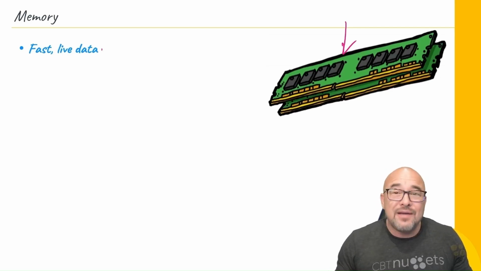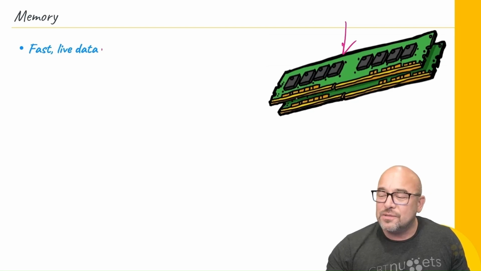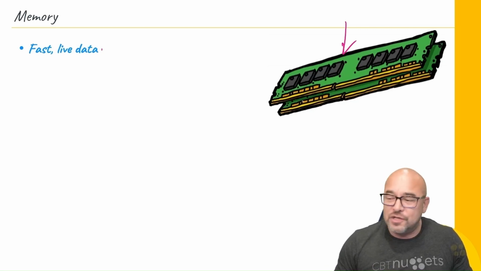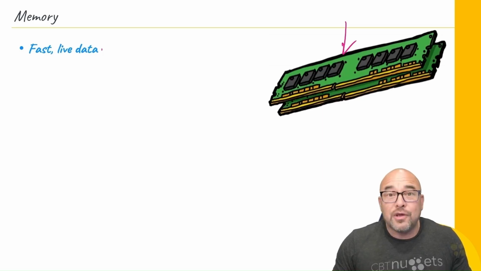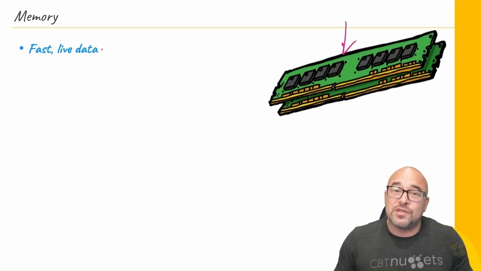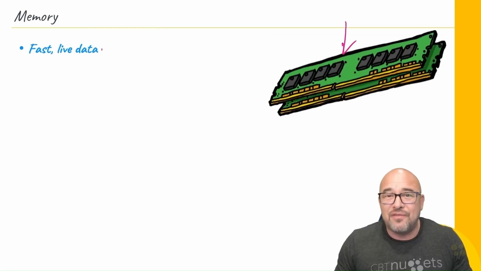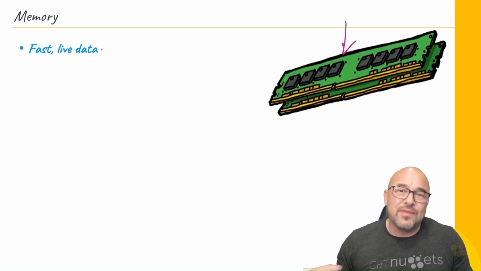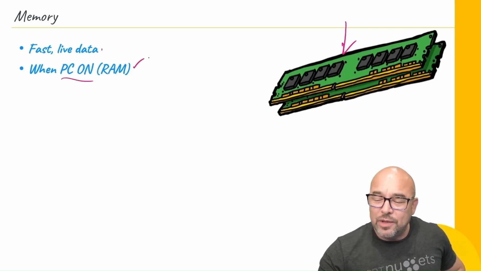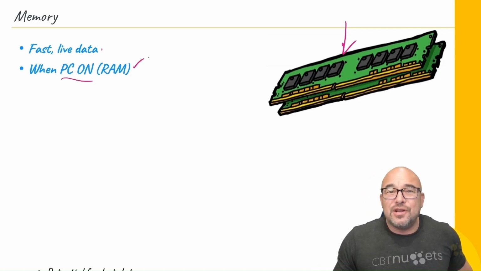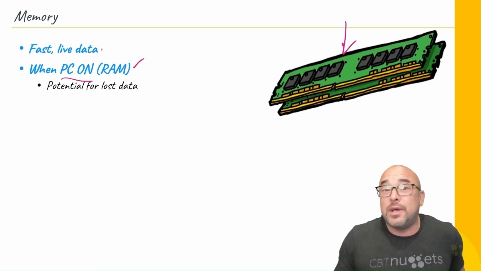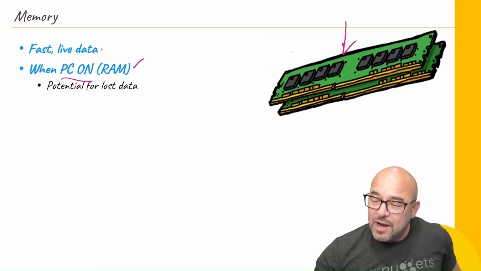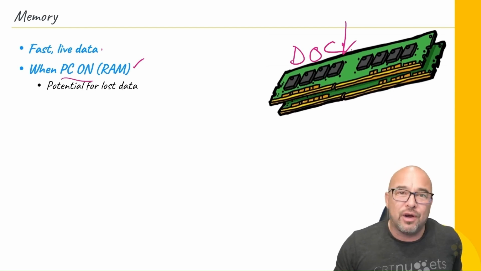And so that's live data. What I mean by that is that it's only available in these memory modules. That's what we call these memory modules, while the computer power is turned on. Whereas, of course, if I have a hard drive or a solid-state disk drive, when the power is off on that computer or laptop or whatever it is, then, of course, that data still remains there. This means that since it's only available really when the PC is on, then there's a potential here for lost data. Just to be aware of that, because I might have a Word document loaded into memory here, and if suddenly,